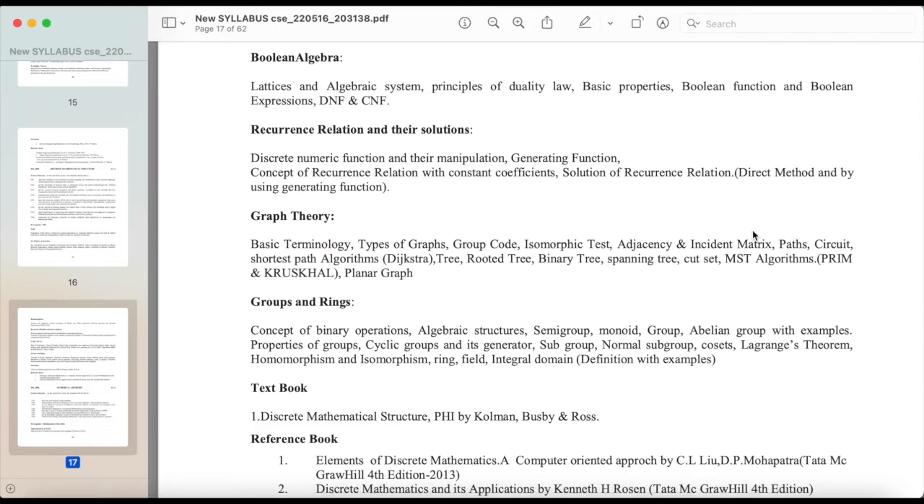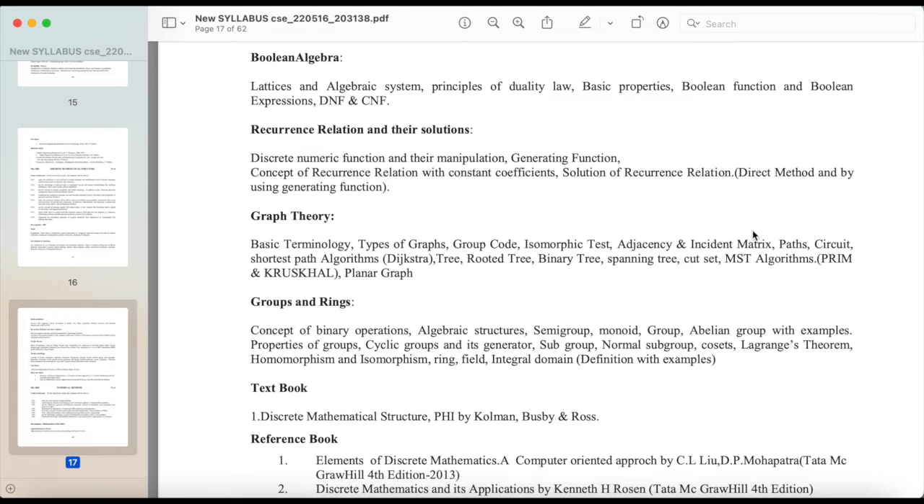Boolean algebra, lattices and algebraic system, principle of duality law, basic properties, Boolean function and Boolean expressions, DNF and CNF, recurrence relation and their solutions, discrete numeric function and their manipulation, generating function, concept of recurrence relation with constant coefficients, solution of recurrence relation, direct method and by using generating function, graph theory, basic terminology, types of graphs,